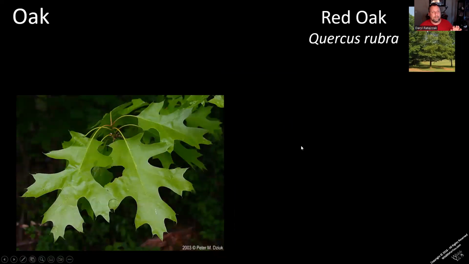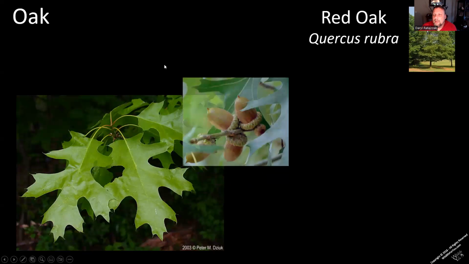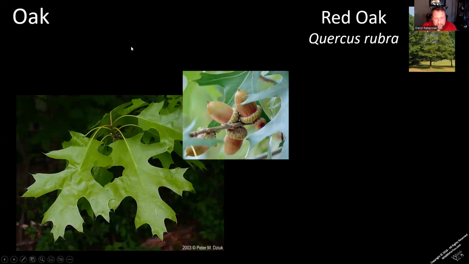Now let me talk a little bit about the red oak family. This particular species, Quercus rubra, is one of multiple species in the red oak family. And if you look at this leaf, if you notice here, that edge of the leaf comes to a point. In almost every species within the red oak family, you have these pointed leaves. And so they too produce an acorn,